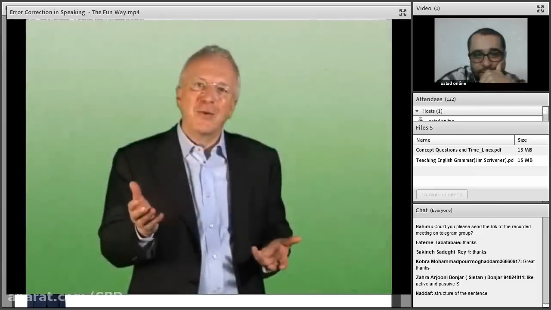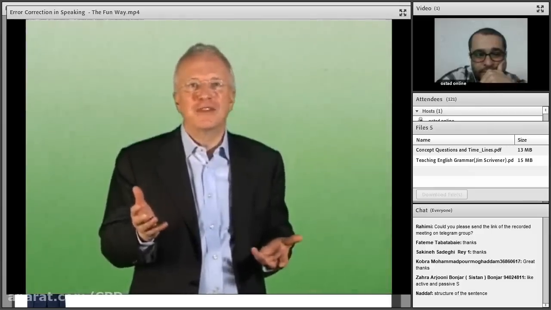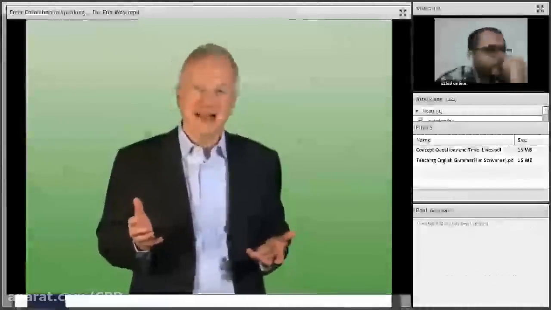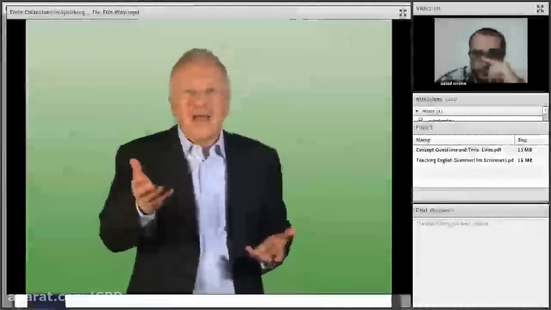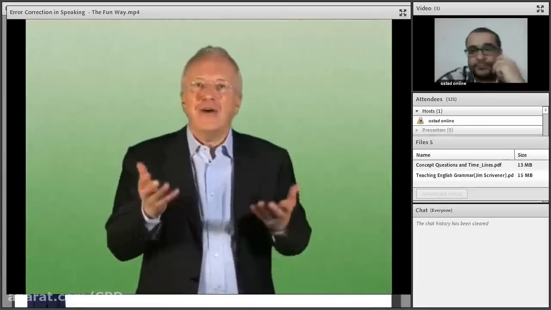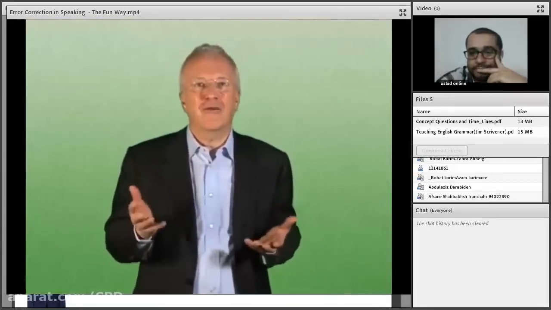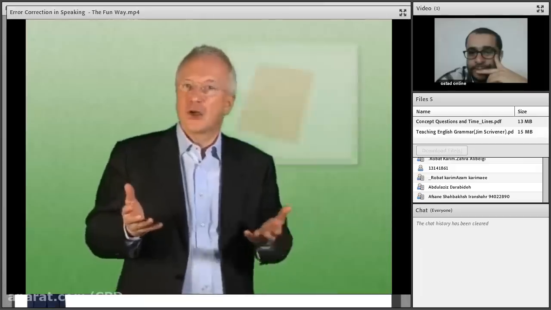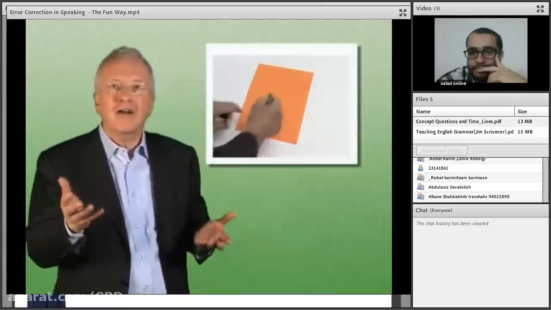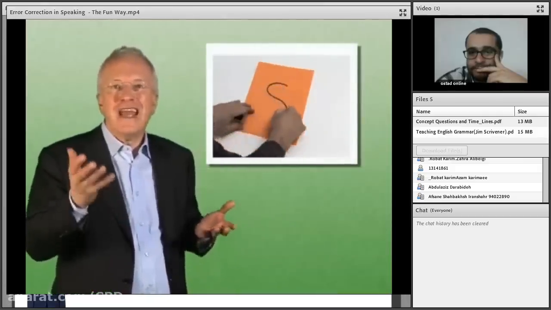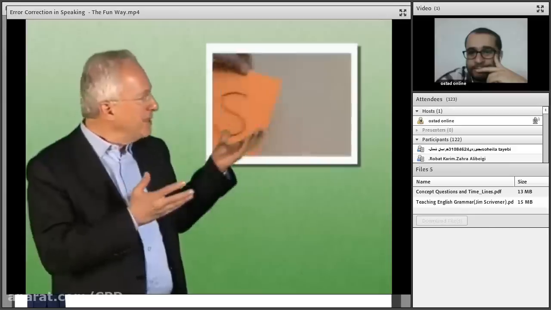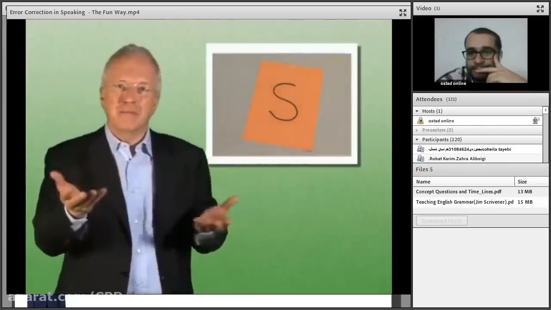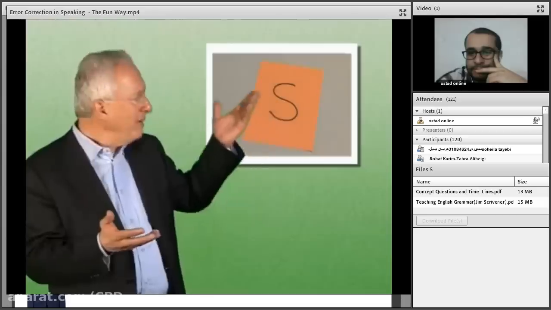Imagine a class where lots of students have problems getting the famous third-person S right. Easy to imagine? Well, here's an example of how to help students overcome this error. Take a piece of paper in a certain color and a marker pen and write an S on it. Stick it somewhere on the wall. When a student makes that mistake, point to the paper,